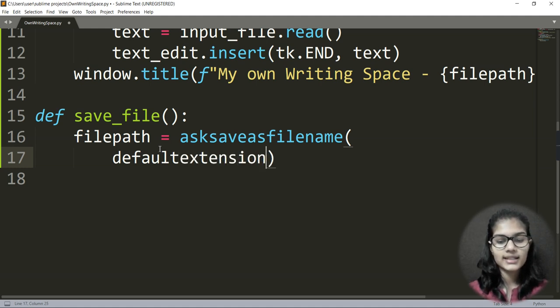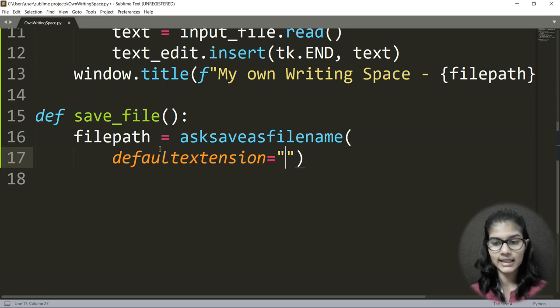Bracket. Now here I would first write defaultextension. As I mentioned at the starting, this is a text file, so the extension which we'll be using is .txt, because the extension for a text file is txt. If you forgot to add that extension, for that we are adding a default extension. So if you forget to add any extension, then automatically it will take that default extension as txt. This is the idea about using the default extension.